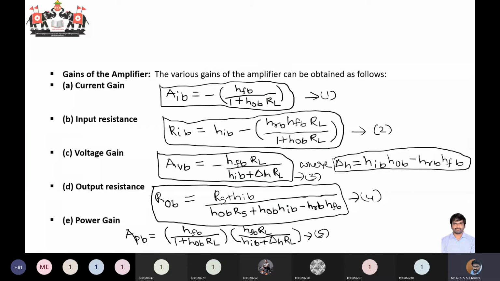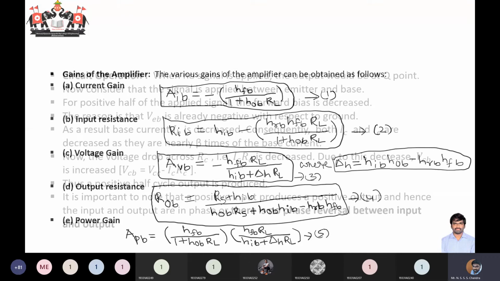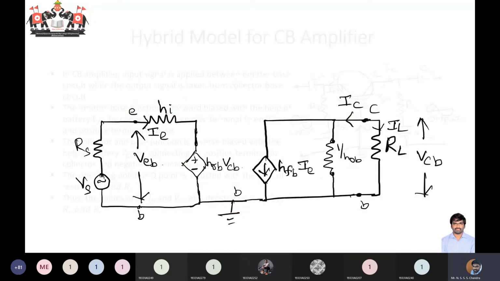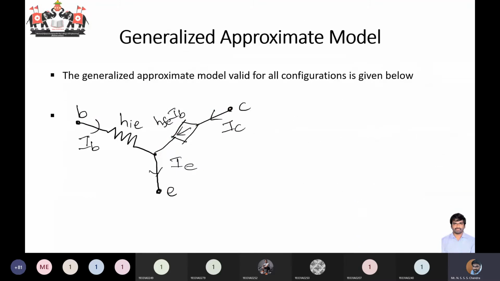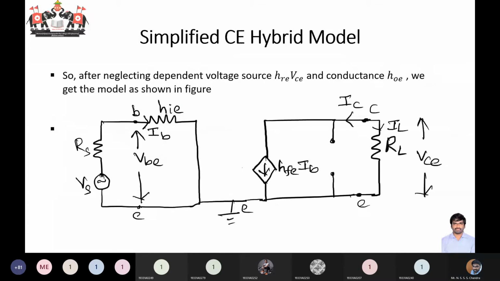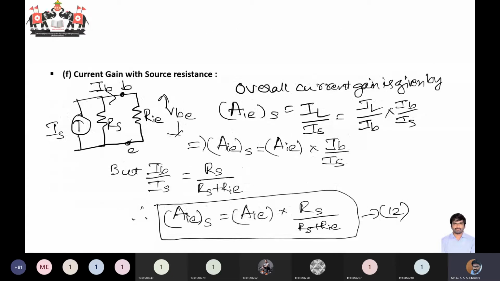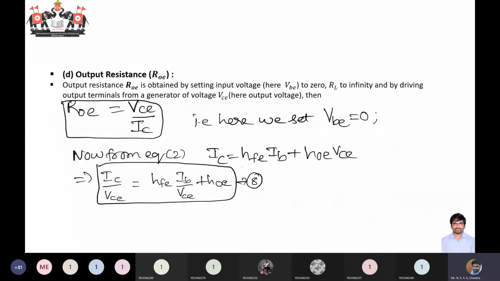Now coming to the amplifier gains. Earlier we have already derived the current gains for your common emitter transistor. If you remember, what is the current gain formula for a common emitter transistor? Even if you do not remember, I can go back and we can see what amplifications we have obtained earlier. Because these are all derivations, you need to practice these things. Nobody can remember this without any practice.